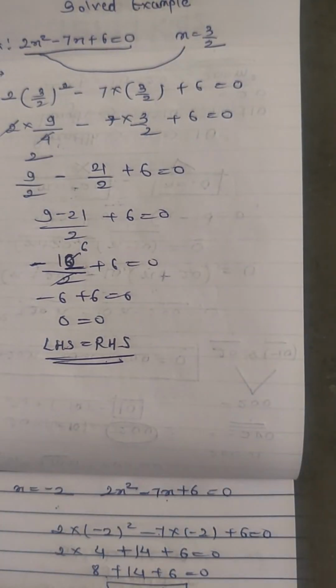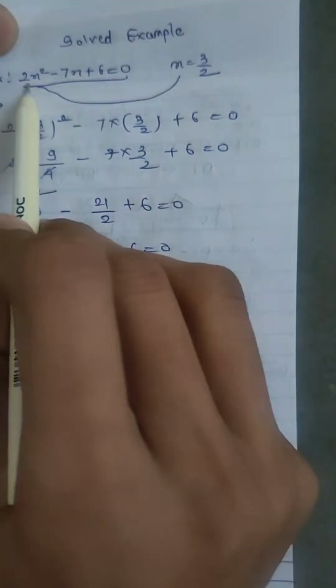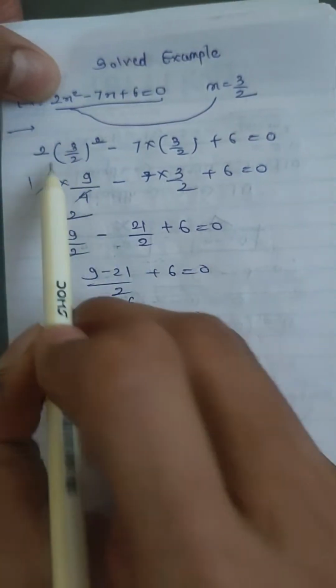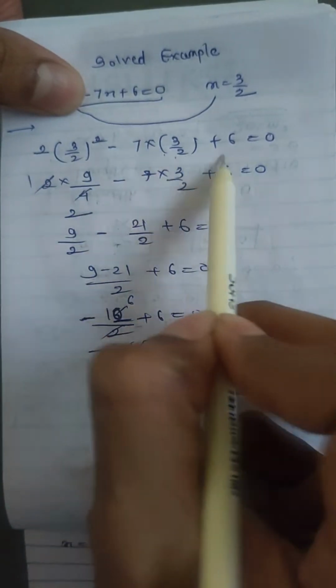इसे चेक करने के लिए हमें जो गिवन इक्वेशन है उसमें x की वैल्यू पुट करके हमें चेक करना है कि हमें LHS और RHS साइड इक्वल मिलती है या नहीं. सो चलिए, अगर यहाँ पर x की वैल्यू x इज इक्वल टू 3/2 अगर हम यहाँ पर पुट कर दें इस इक्वेशन में, सो इट विल बी 2 इंटू 3/2 होल स्क्वायर माइनस 7 इंटू 3/2 प्लस 6 इक्वल्स टू